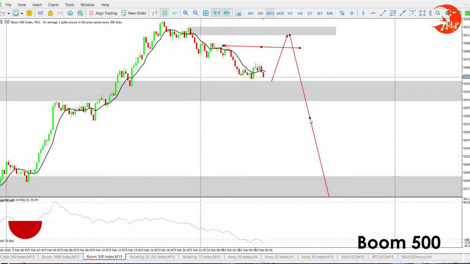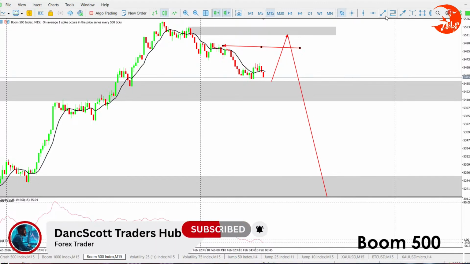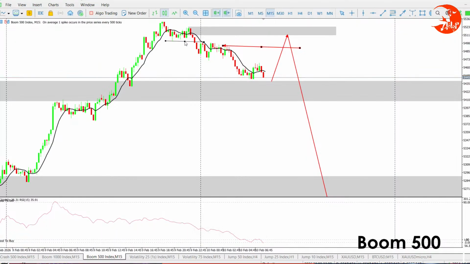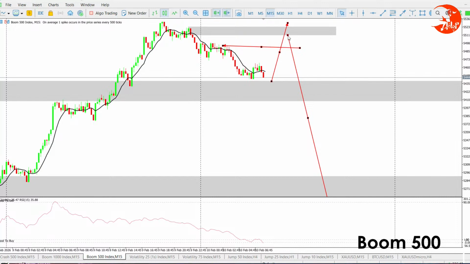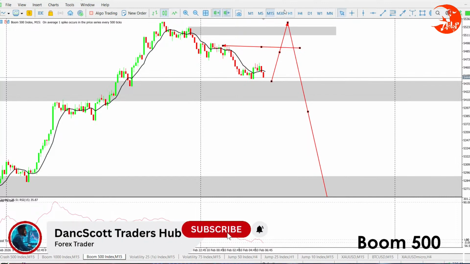Because looking at M15, we've already started selling. This is where we saw a change of character right there. That is where we saw a change of character on M15 for the sales right there, and then it started to drop. But now we have to mitigate the stop losses of the early sellers up there. So it may go all the way up for that and then drop, just like we saw on V75 yesterday. So for now, no business.